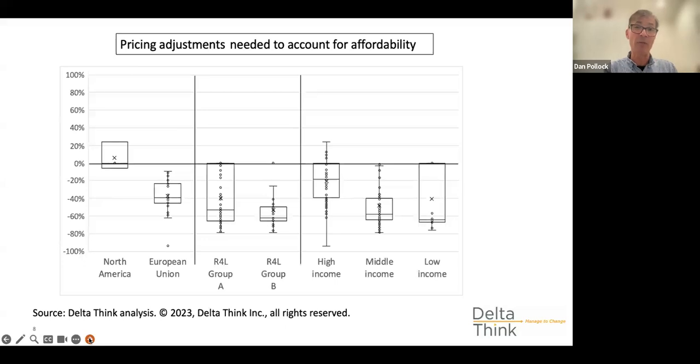So this is getting us away from simply pricing in dollars, and rather it's now saying let's charge based on what people can pay, based on the economic evidence, based on the work that people like the World Bank have done. And we came out with this because that was one of the ideas put forward in some of the discussions about affordability that I think people like OASPA and Coalition S and so forth are working on. And what we found was quite interesting.